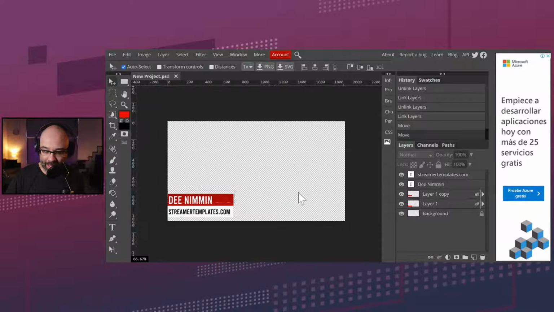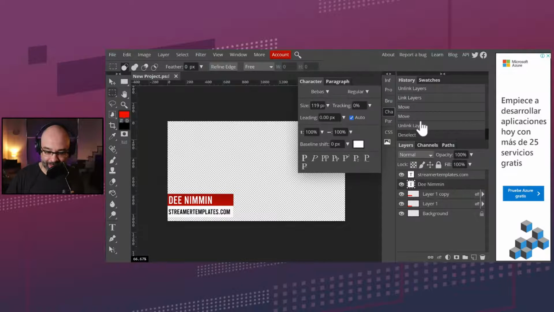So earlier on, when we were adding the text, I mentioned that it doesn't matter if you write in all capitals or not, because here's something that's really cool. If you come over here, you're going to see the CHA. That's character. And if you come down here, this is how you can change how your text actually looks. So when I typed this in, I believe it was all uppercase. But if you have some lowercase,